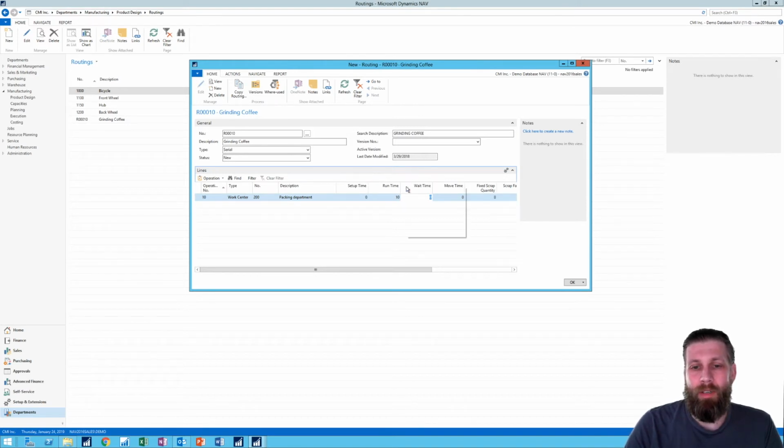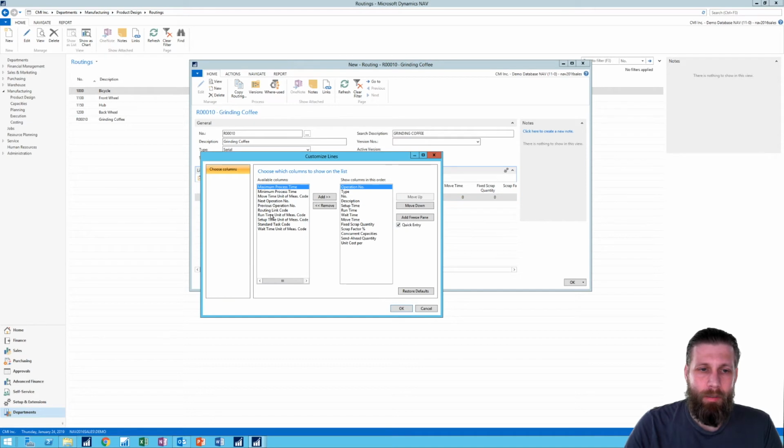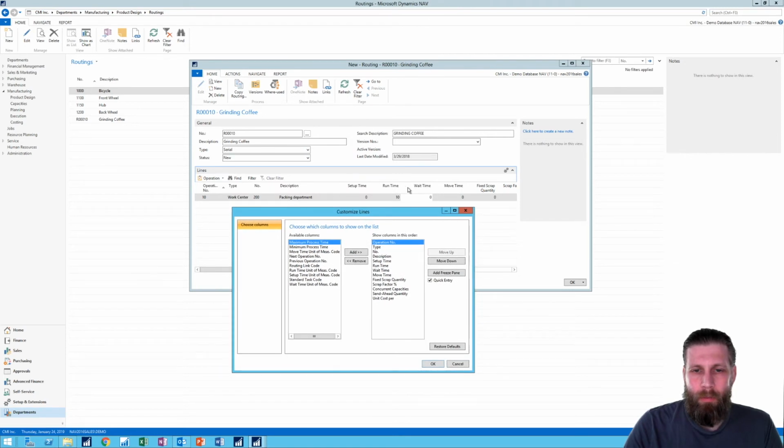Now the funny thing with grinding coffee and all of that, maybe there needs to be a setup time. So notice that I'm just going into picking up a column right here. I put in runtime 10, but 10 what? Right? What is this? 10 seconds, 10 minutes, 10 hours? You heard me say minutes, but how do we know it's minutes? So there is the unit of measure time here. So for example, runtime unit of measure. Let's just take a look at that,